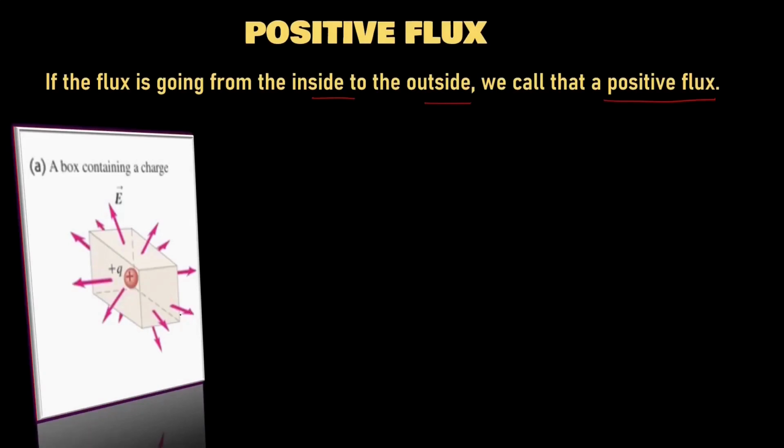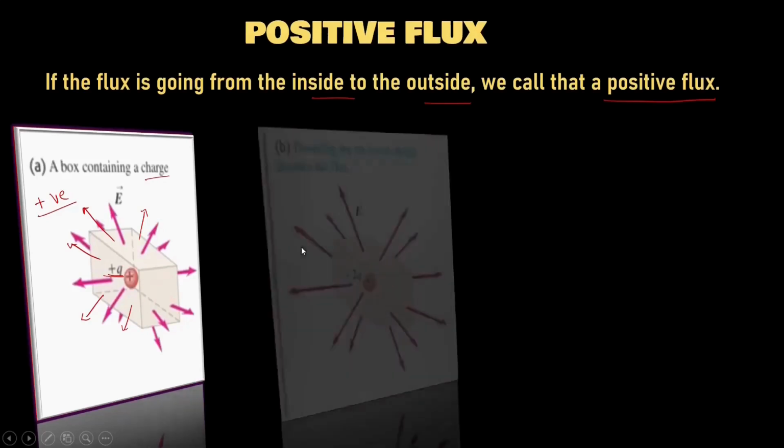How is it possible? Let us suppose we have a box containing a certain charge. Let us say this charge is a positive charge. If a positive charge is enclosed in a container, we know that its field lines will always be pointing away from it. That is, if it is contained in a container, the field lines will be passing from inside to outside, and these field lines will constitute the flux because they will be crossing the given surface area in a perpendicular direction. So all these field lines due to a positive charge will contribute towards a positive flux.